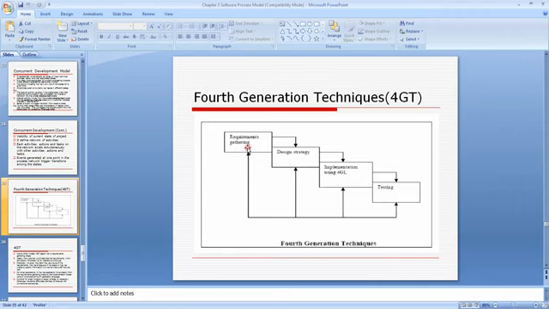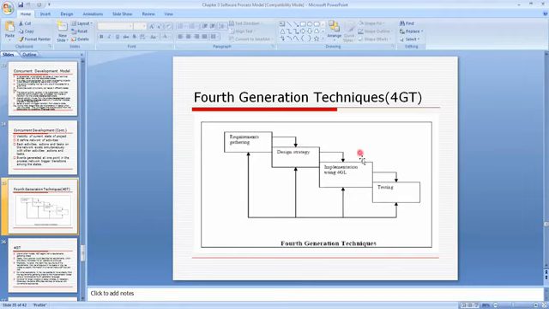So from that bank, the developer, or software people, will collect the information. That is the phase called requirement gathering. Then you have to decide the design strategy. Once you have got the requirement from the customer, you have to plan a strategy for how to design the model. Once that is finalized,